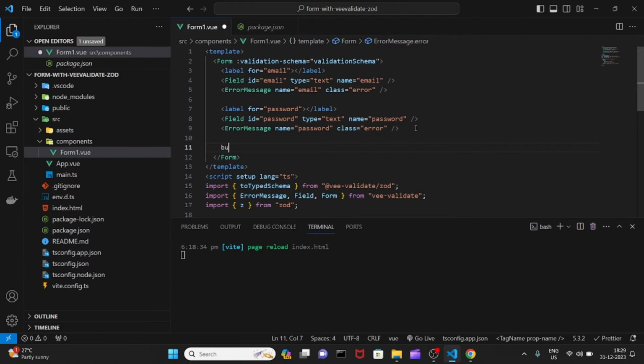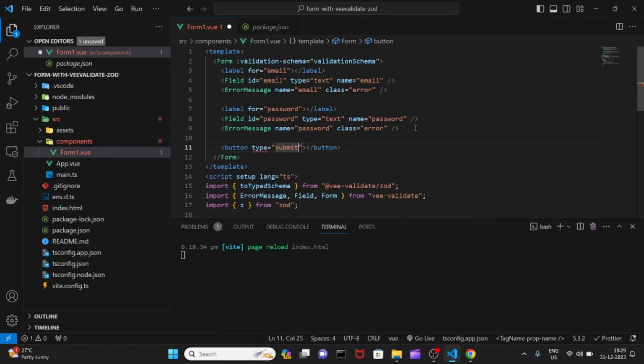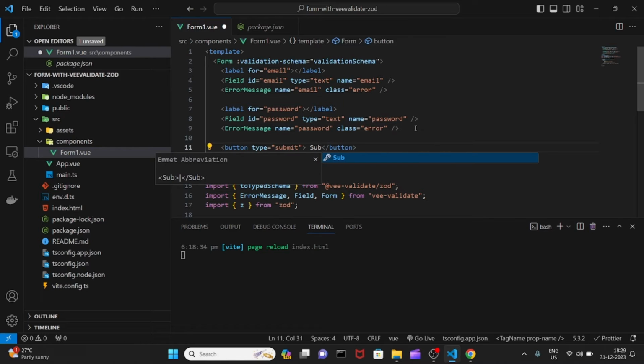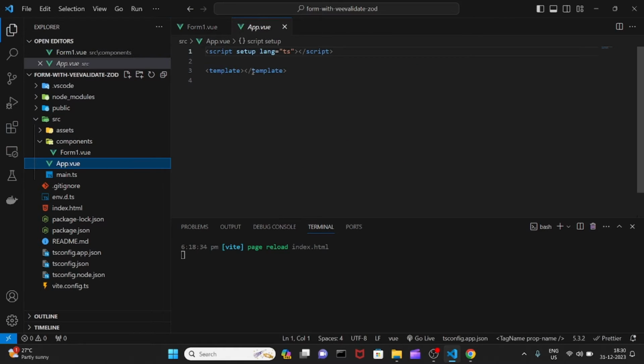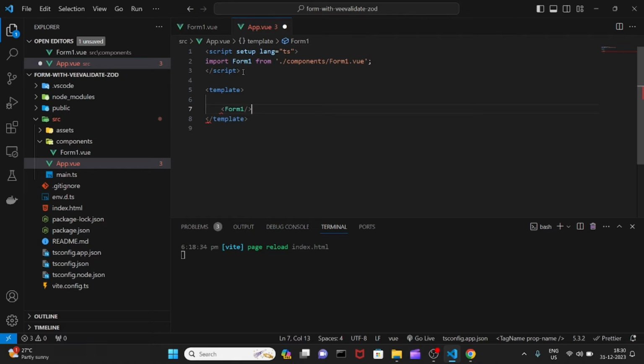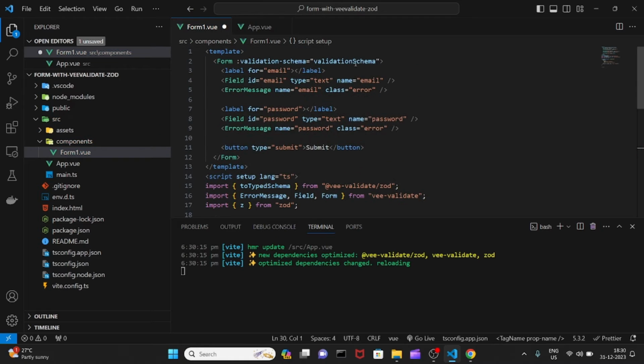And one more thing, I think I have missed a button also. Basic form needs to have a button with a type submit. And I think maybe this should work. Let us import it. We have the schema, we have this, we have the basic things. Obviously, we need to do something else also. When submit is called, we'll be calling a function. When this form submit is done,